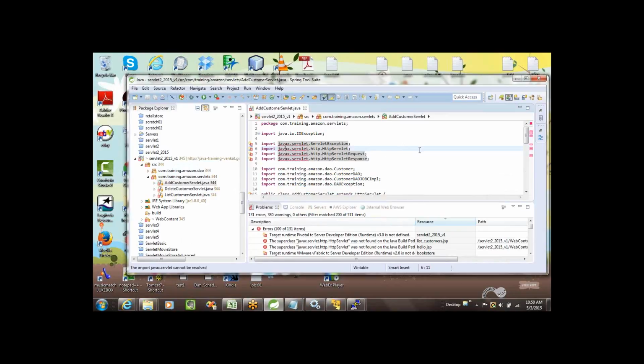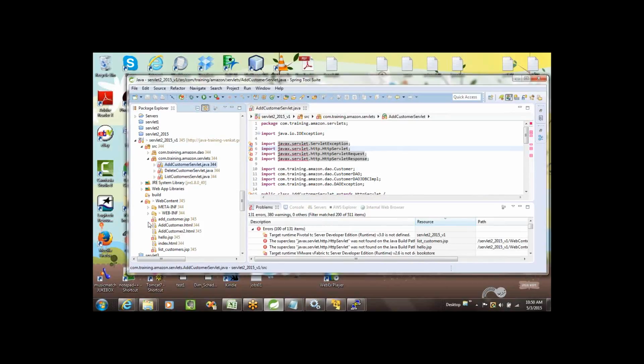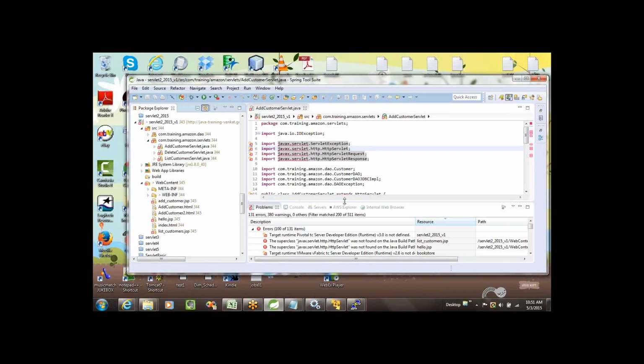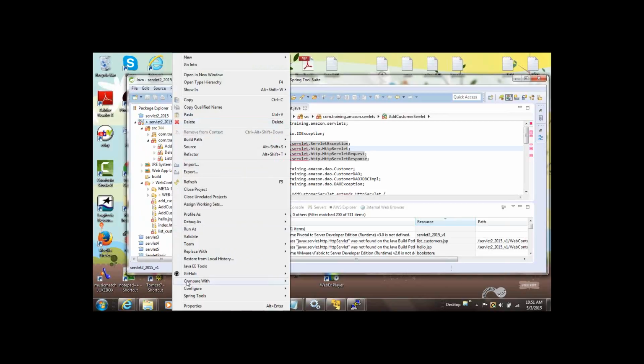So let's say your OJDBC6 jar file, we are exclusively using it. I checked it in, so every single guy gets it. But your server itself, you will not get it. Actually, if you look at this in the build path,